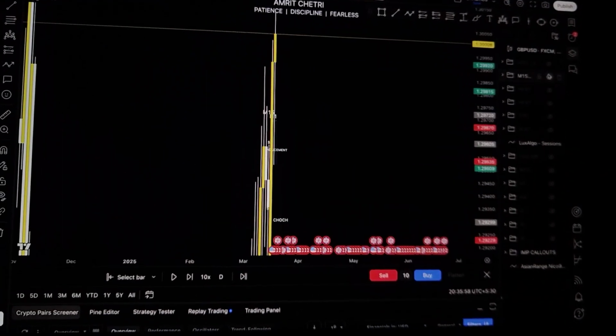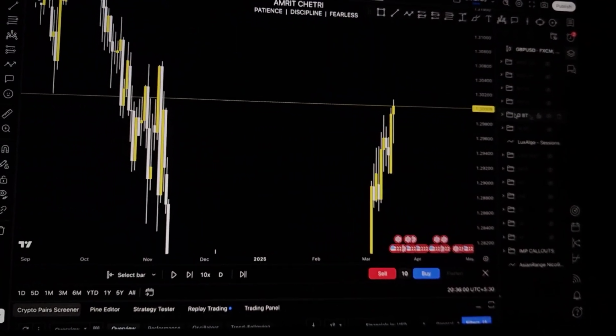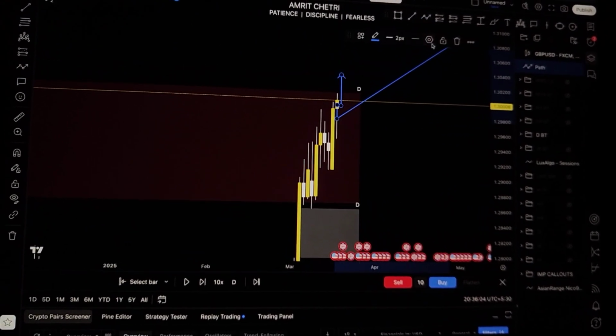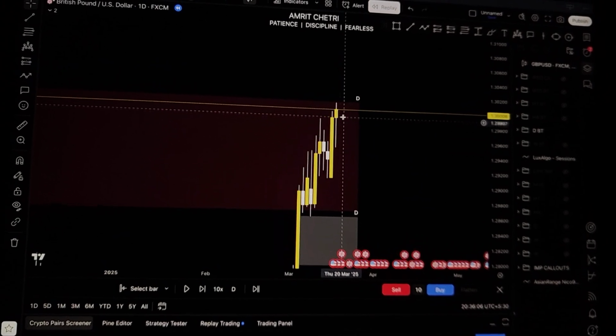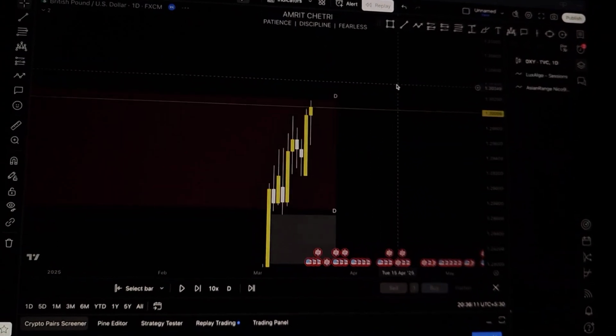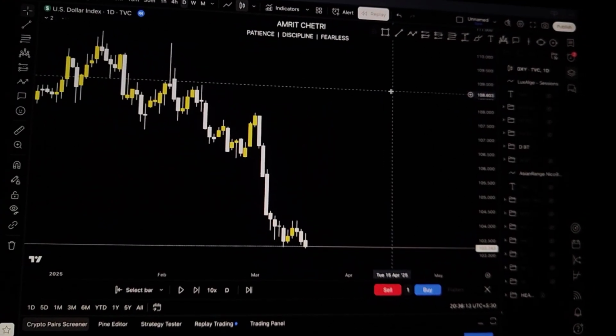So now going on Wednesday, let's see what the bias is. According to how this Tuesday candle closed right here, now on Wednesday I'm looking for buys again, because it doesn't make sense to look for sells when the market is closing like this, at least for me.